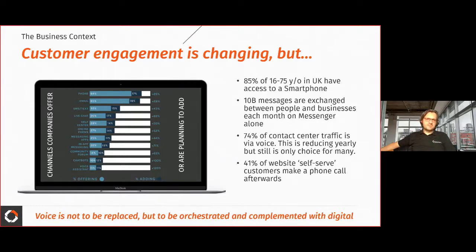It's important not just for voice itself, but also because when there is a digital channel and self-service, in a very high percentage of cases you still need voice and the human touch. So what we are saying is that voice is not to be replaced, but orchestrated and complemented. This is one aspect of our business background and the context of our offering.